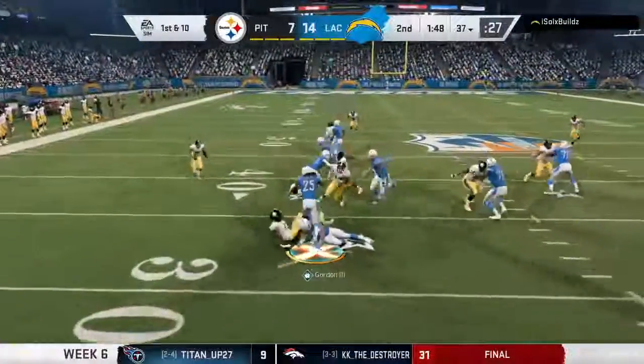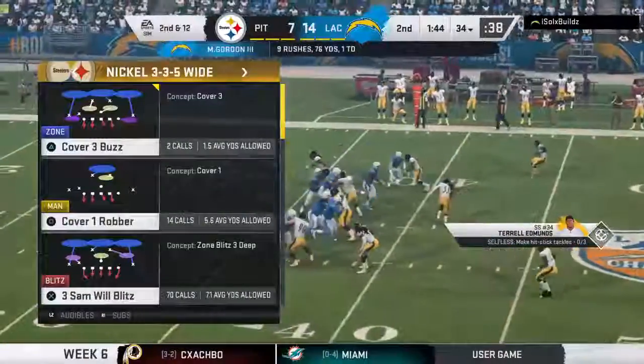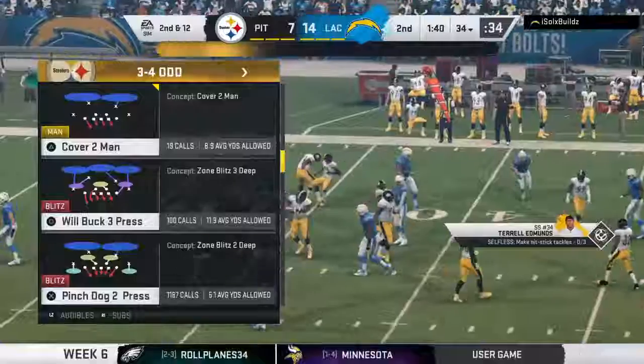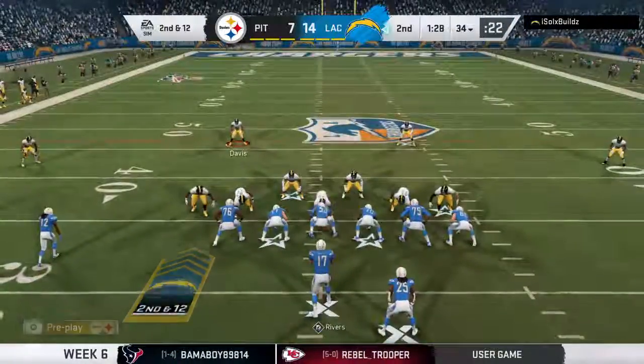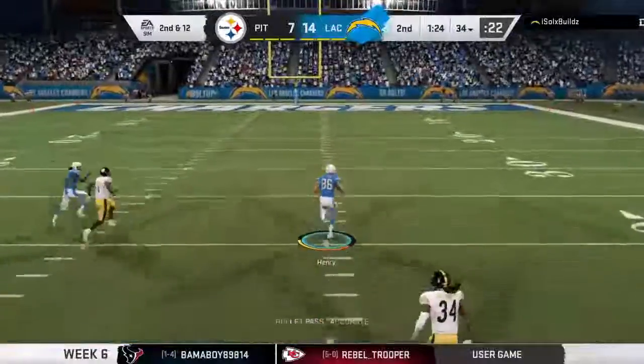I have to think that with this field position, after what they did on the last drive, they might want to take a shot right now and try and cut down the length of the drive. That's going to go as a loss of 2, and it'll be second down. An interesting and intriguing decision there defensively, because they kept extra DBs on the field despite seeing the multiple tight end look that came out for the offense. I thought they were going to switch out of it. I didn't know if they...